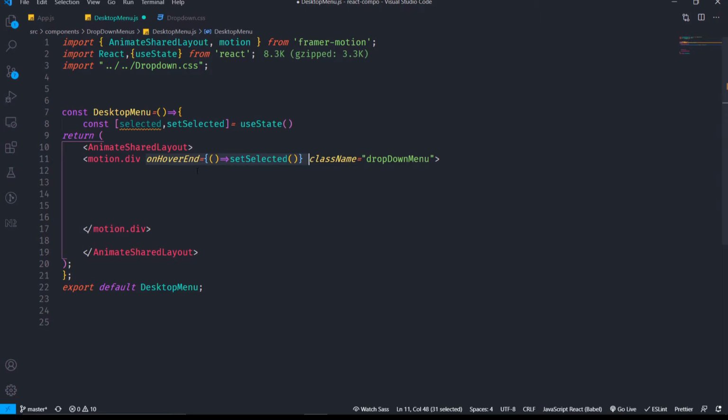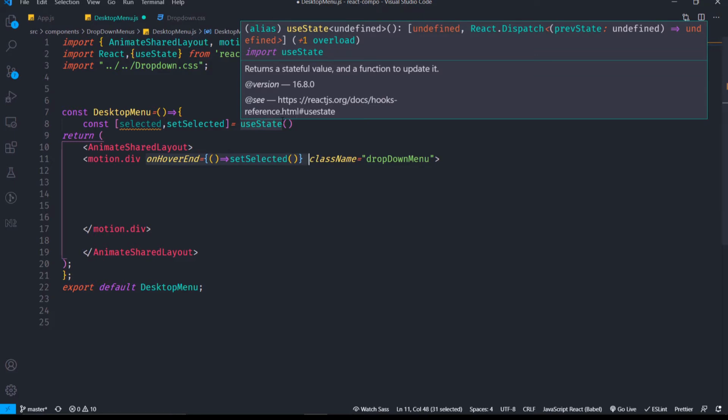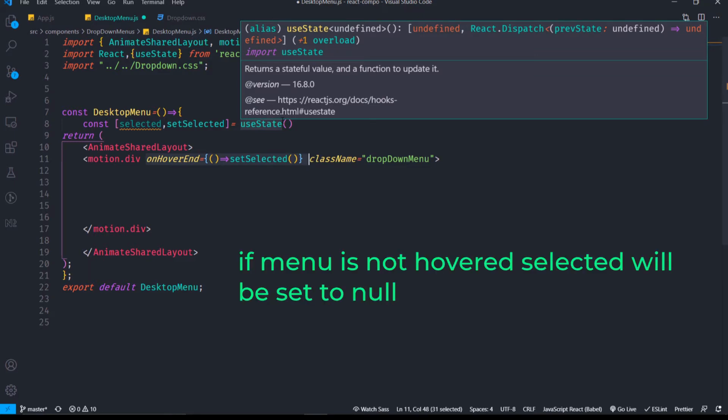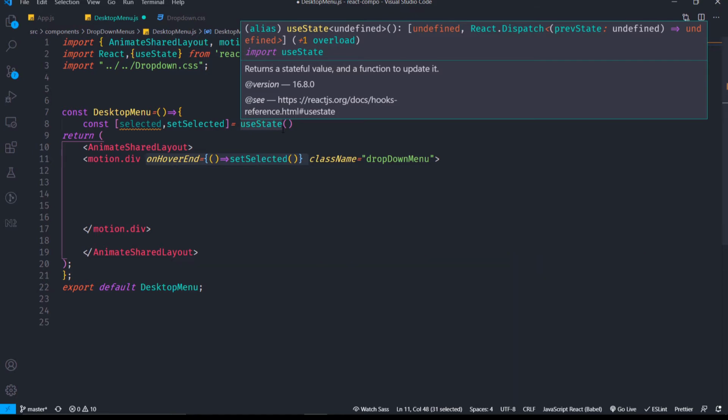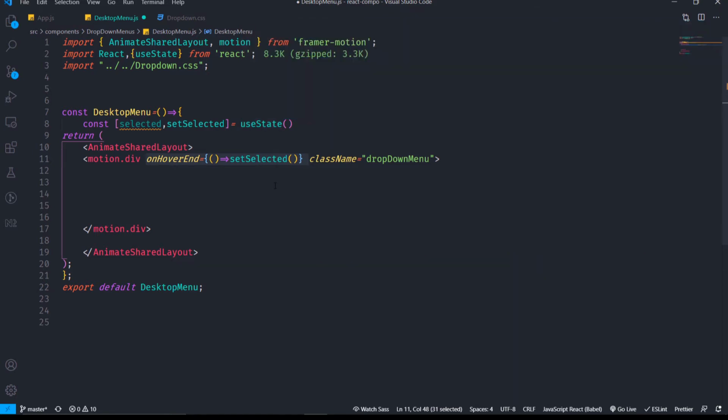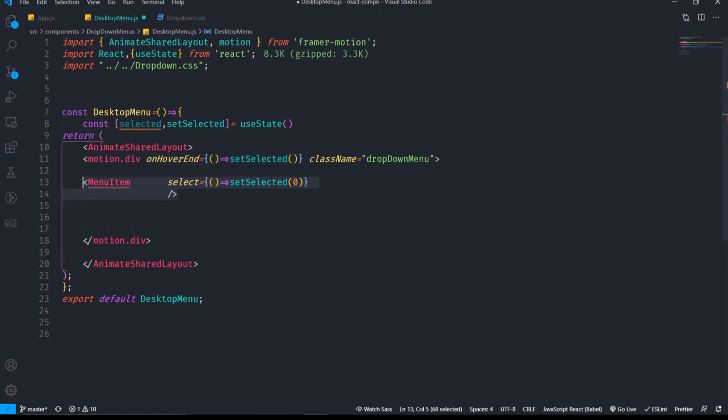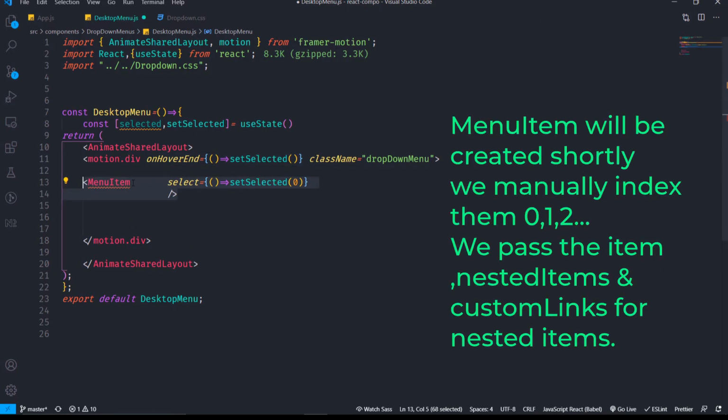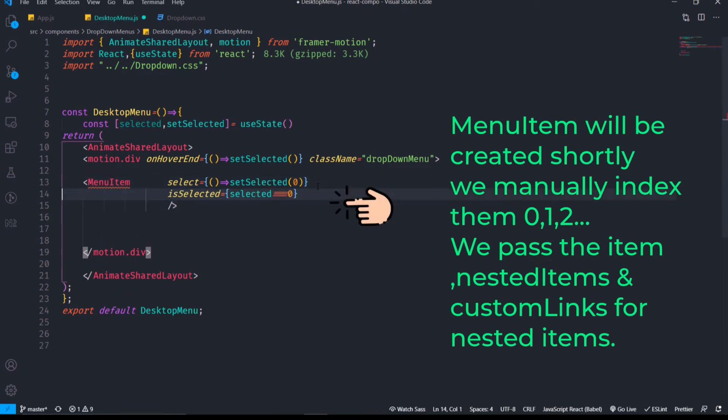Also, on hover end, if we do not hover on the drop-down menu anymore, then we will set the selected menu to be null, or the initial value which we set previously. Then we will render some menu items, and in the menu item props we will pass a select prop which will set the selected to 0, 1, 2, 3, that is we are manually indexing them.